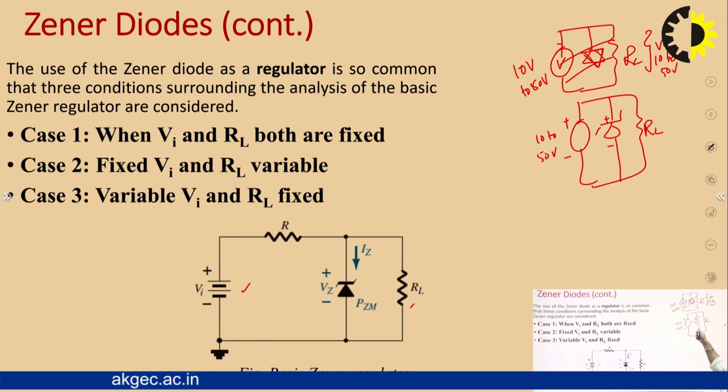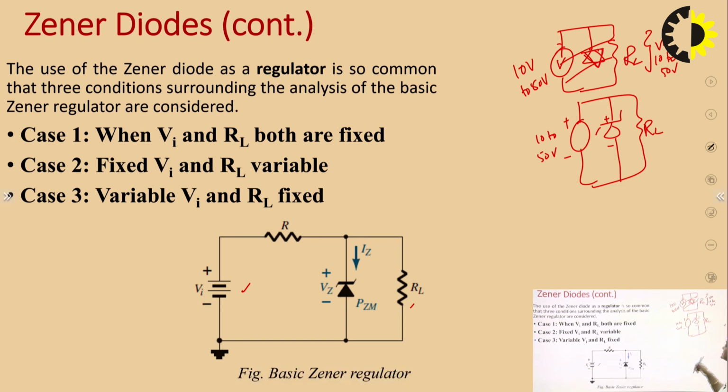Okay, so now what is our target? We have to make this Zener diode work as a voltage regulator, meaning that whatever the input supply, it may be fluctuating, but the output across this RL must be constant. So this constant voltage, VL, must be equal to the VZ of the diode. The VZ of the diode is this.